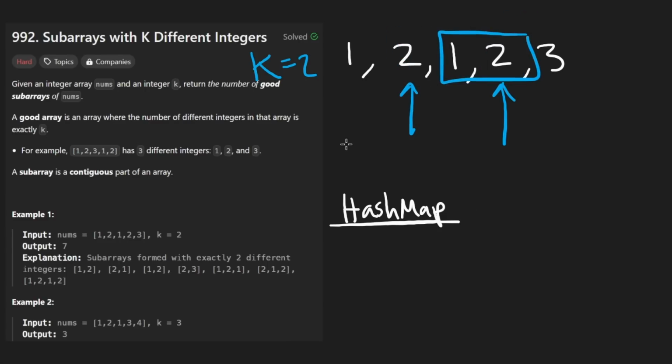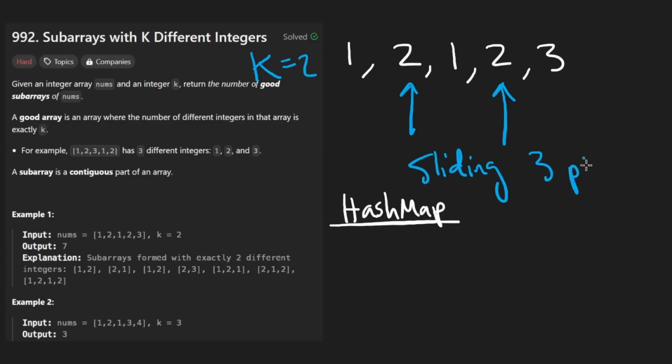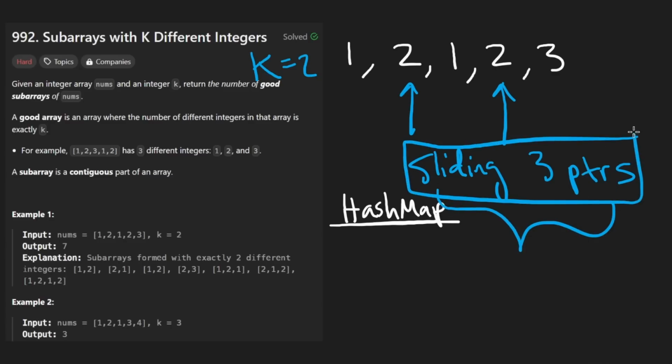But the fact that we shifted our left pointer made us miss this one. So what can we do? Well, this is something you probably wouldn't be able to figure out unless you had seen this pattern before. This is called the sliding window with 3 pointers. If you're new to this, just watch me go through it. Just absorb what I'm about to show you and then try to go back and understand it and implement it